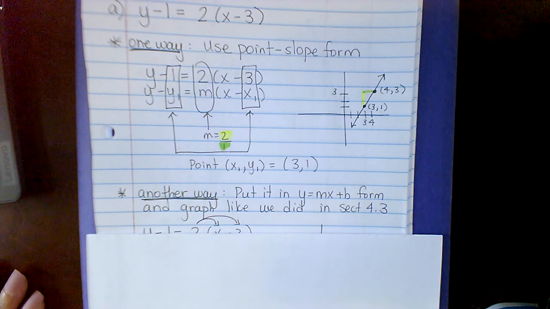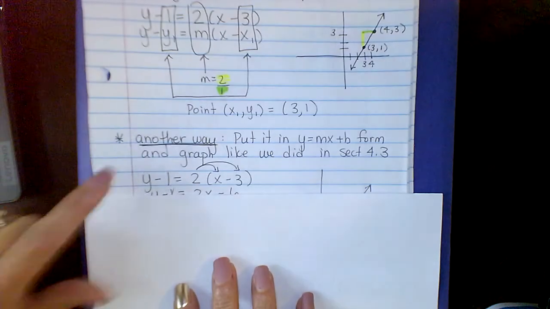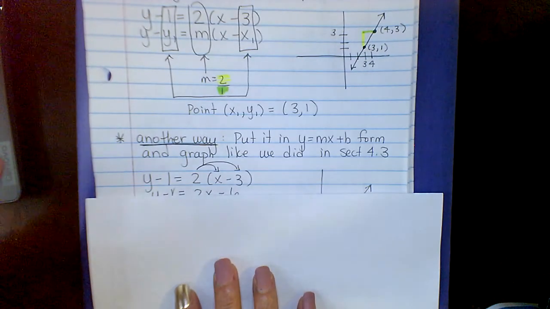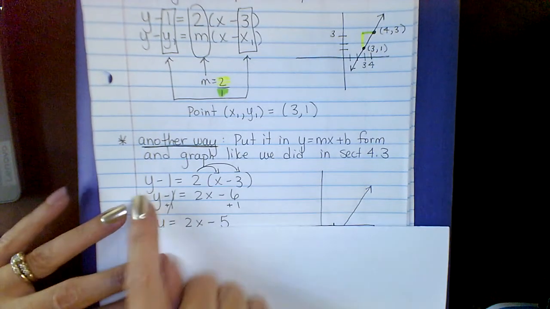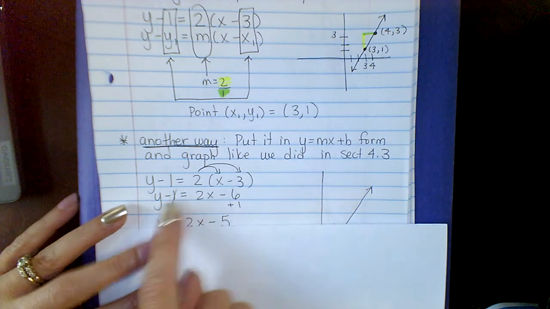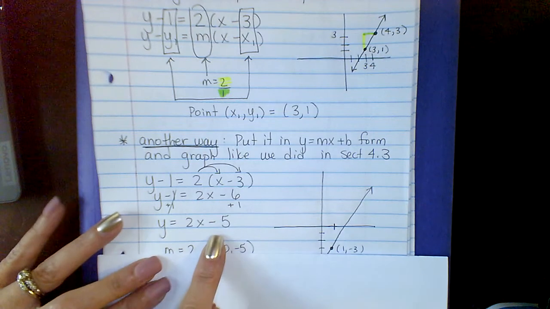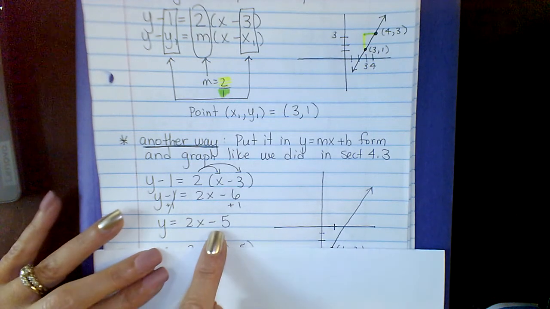Hawks is going to, but just don't worry about learning a new thing. Instead, do a little bit of work on the front end of distributing this 2 throughout there, and then adding that 1 over and getting it into y equals mx plus b form,